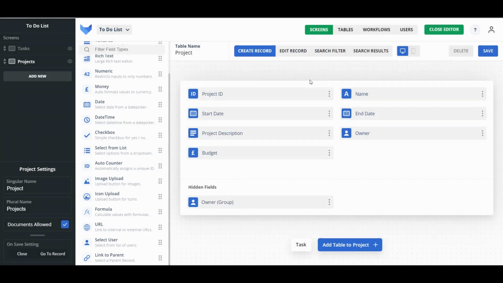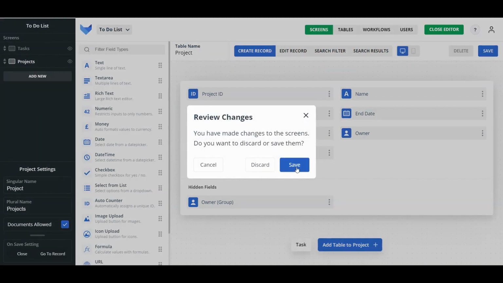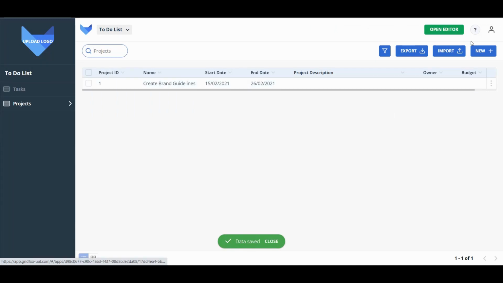So there's date fields already on here, but just for awareness, there's also a date time field as well, which adds that time component to the date picker. So if we close out the editor, we can then see these new fields in action. So if I create a new project,